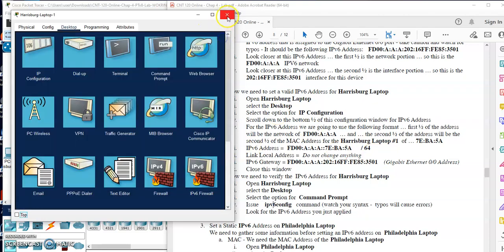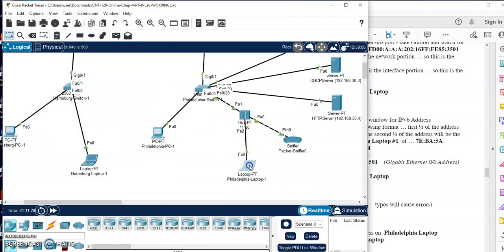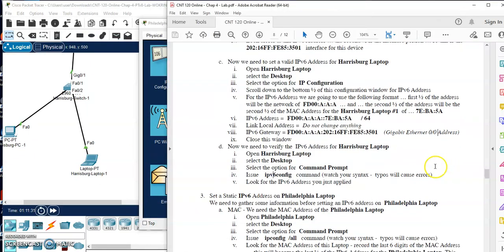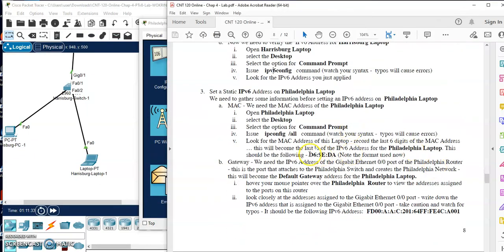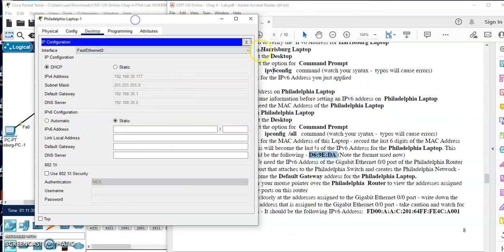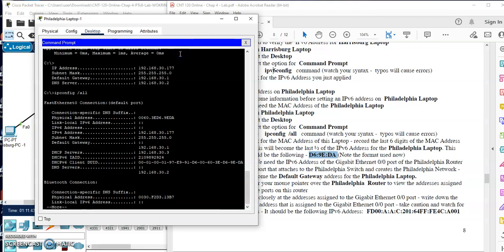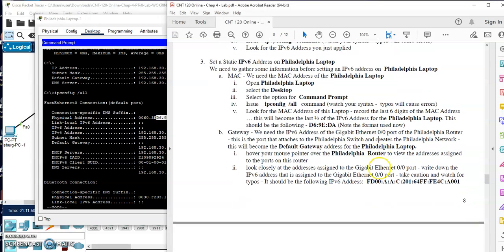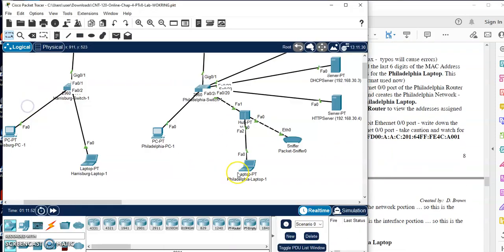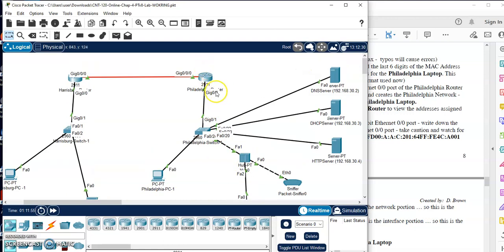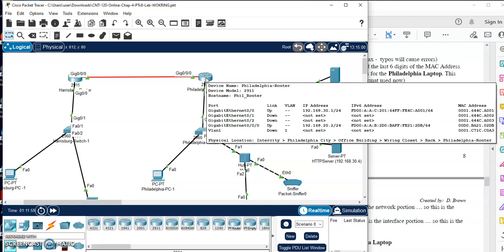We're going to do the same process over on the Philadelphia laptop. So here, again, I tell you to do ipconfig, learn the last half of the MAC. That's how I'm getting that, through ipconfig/all. So if I do ipconfig/all, I learned that the last half of the MAC address out here is D69EDA, that's how I'm getting that. I then look at the router I'm attached to, this gigabit 0/0 port. If I hold my pointer over and look at that address, I see that it is a